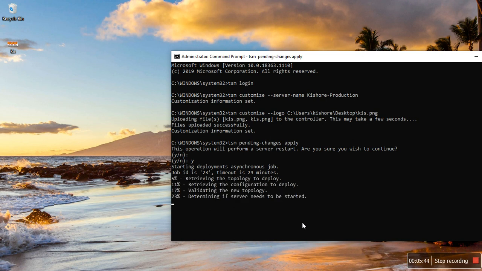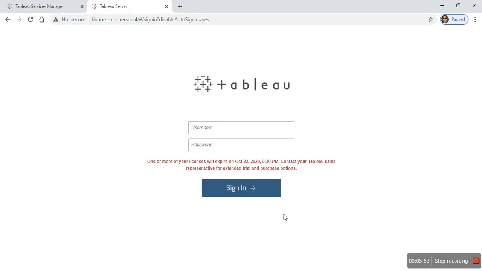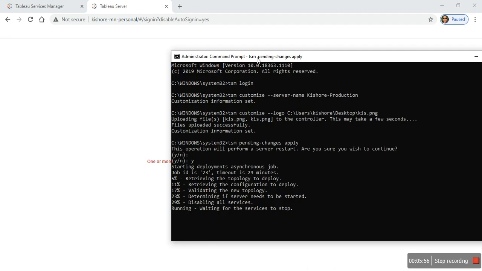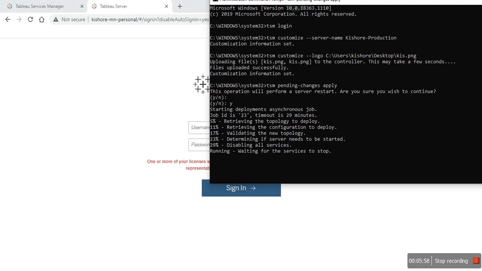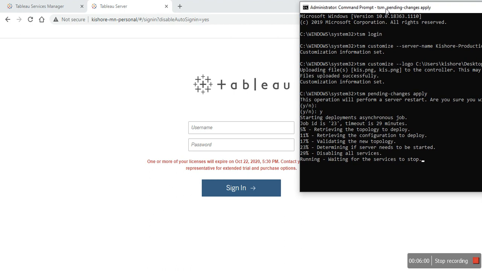Okay, the server configuration has started, applying the new customization options. I will put the screens side by side so that you can see the reflected change. It is stopping all the services, because only once it stops all the services can it override the changes we have made for the customization.